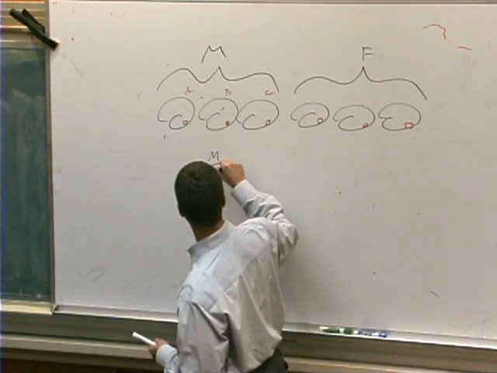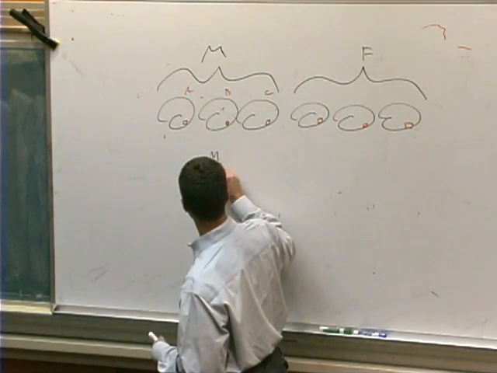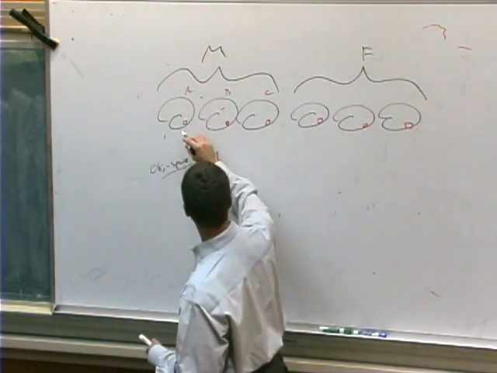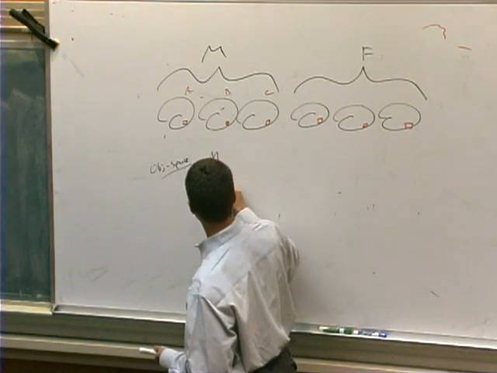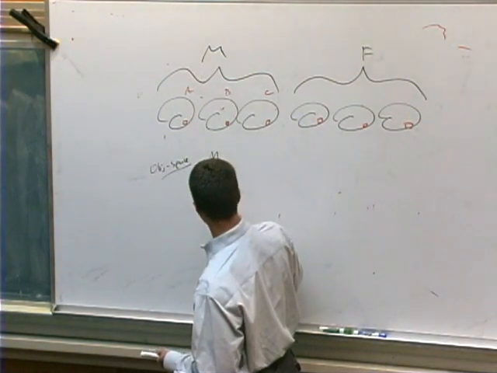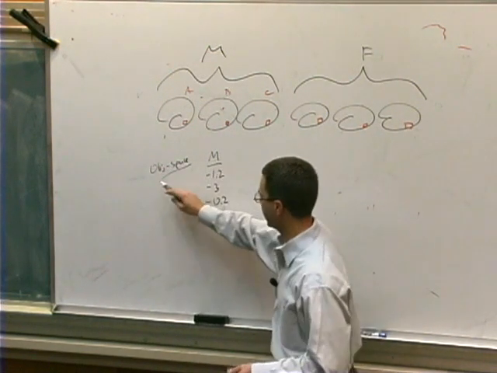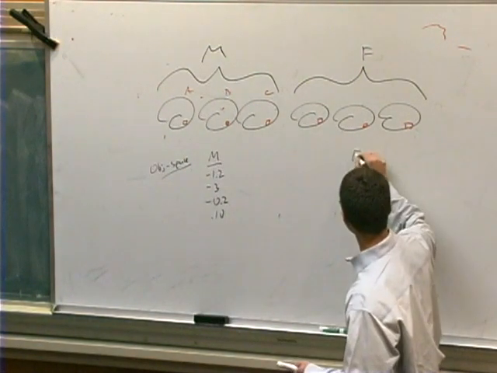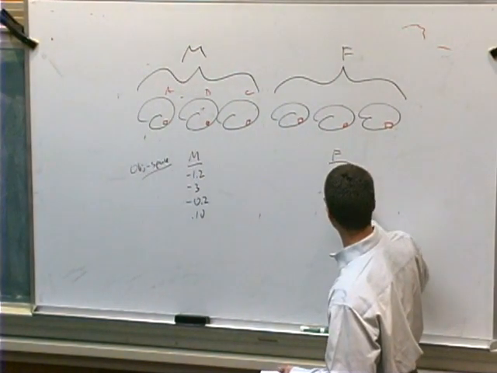So here are your male effect sizes from some region of the brain, the difference between object and spatial working memory. And the values here were for object minus space. In the men, the space effect was bigger than the object effect, so this comes out to be negative 1.2, negative 3, negative 0.2, and 0.10. Okay, so those are the values that represent the difference between the effect of objects and the effects of space for a particular voxel for the male subjects. And for the female subjects, you have the following data: 1.0, 0.75, negative 0.15, and 0.2.